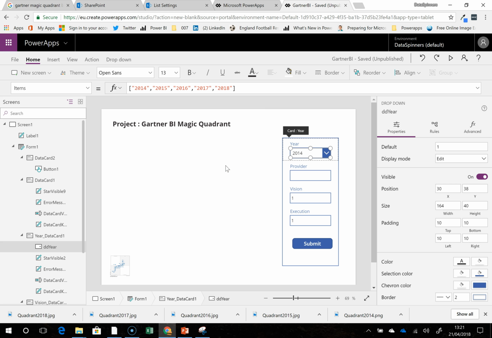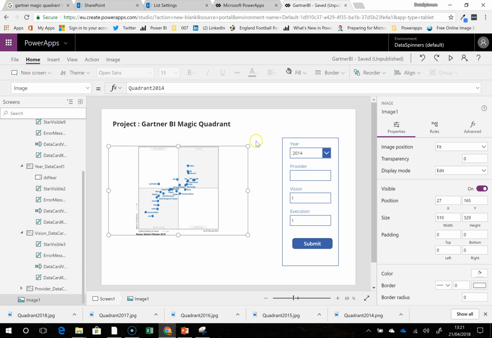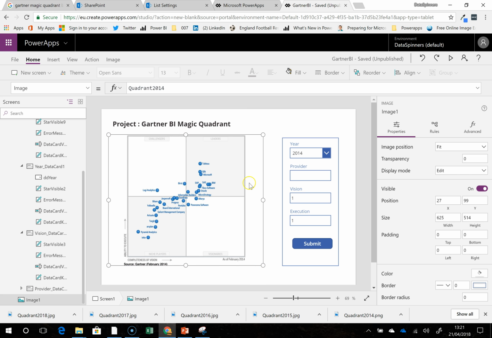Then the next thing that needs to happen is we need to get this working properly. So what do I want this to do? Well, I need a variable to make this work, but